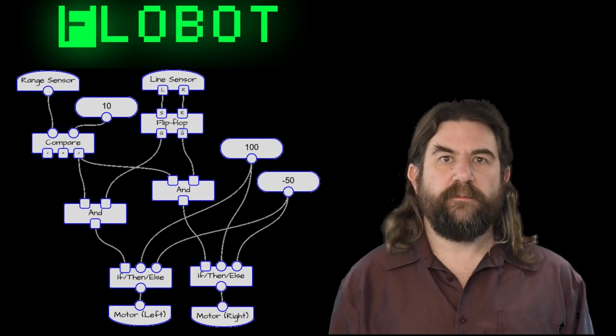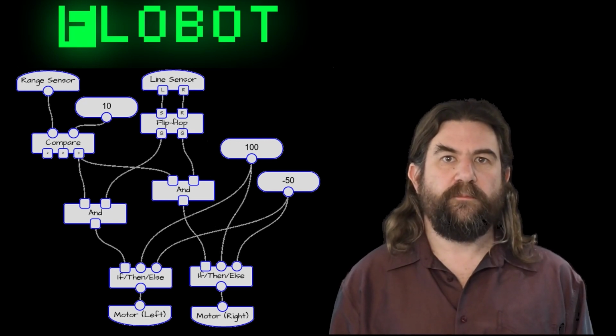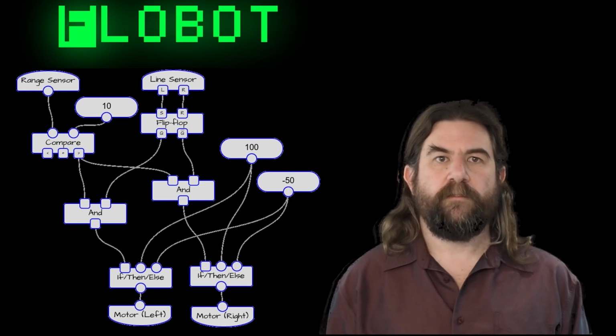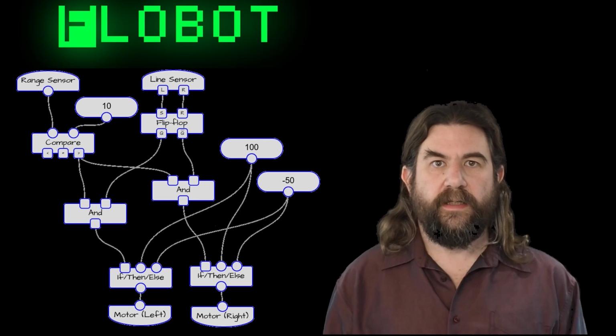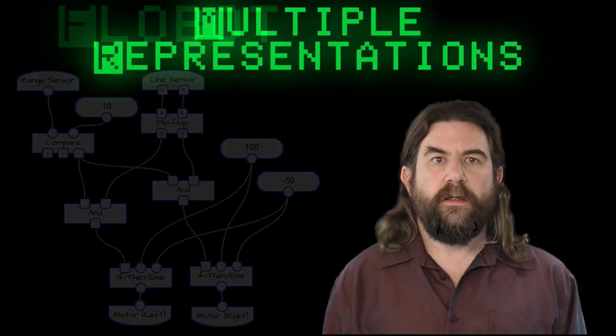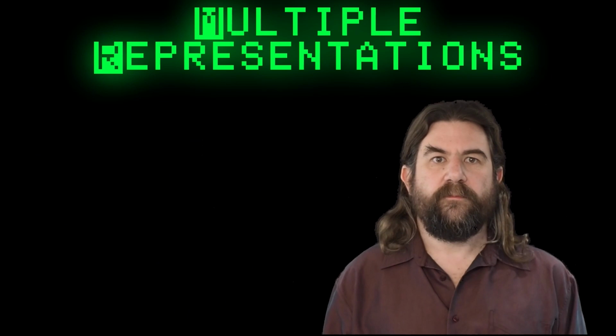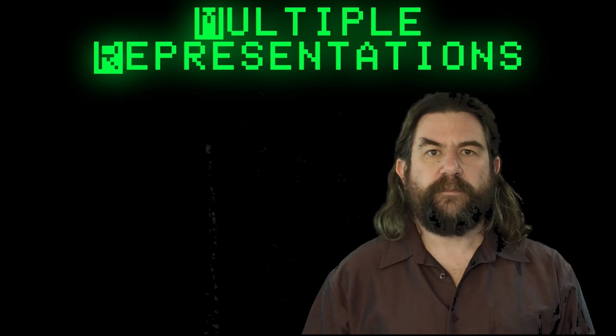The robot's behavior can be adjusted by dragging connections between sensors, functions, and actuators. Changes to connections are reflected in immediate changes to the robot's behavior. Invalid connections, like connecting analog to digital or an output to another output, are simply not permitted. I found that this was a great advantage in that there are no wrong Flobot programs, only surprising ones. The Flobot programs are compiled to Python, which is then executed by MicroPython embedded on the robot. Flobot is effectively a visual editor for a subset of Python.